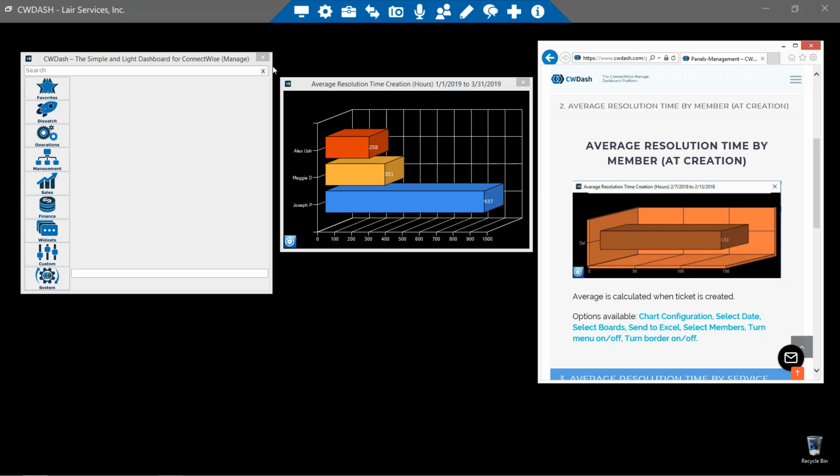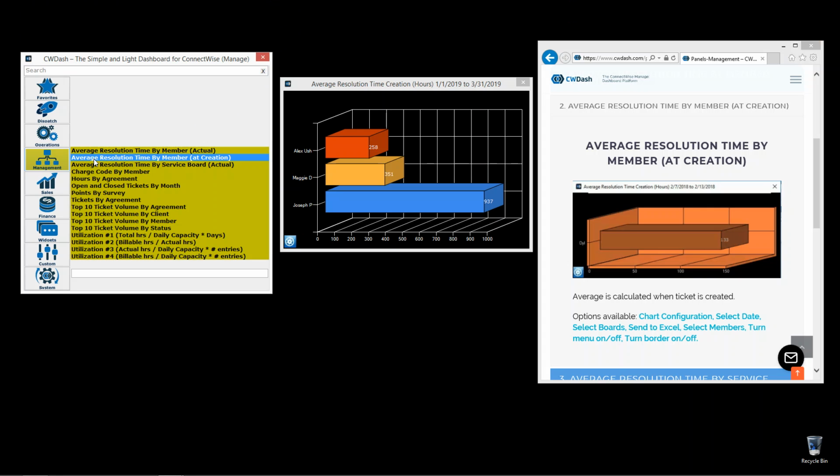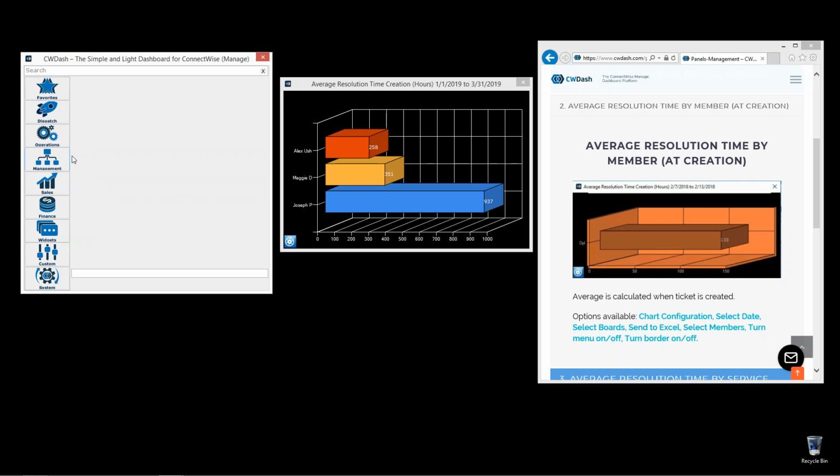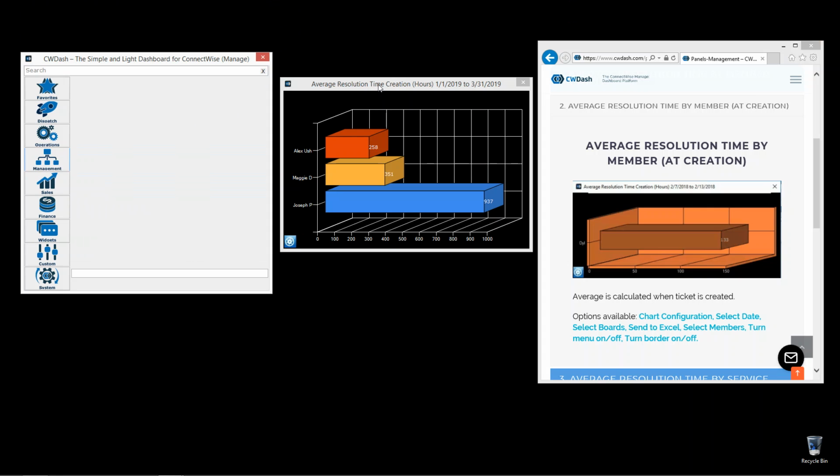Under management, again, we have more average resolution time panels. This is average resolution time by member at creation. So when was the ticket actually created? The other one was the actual time by member. So if the MSPs wanted to know from the time it was actually created, what was the average resolution time,